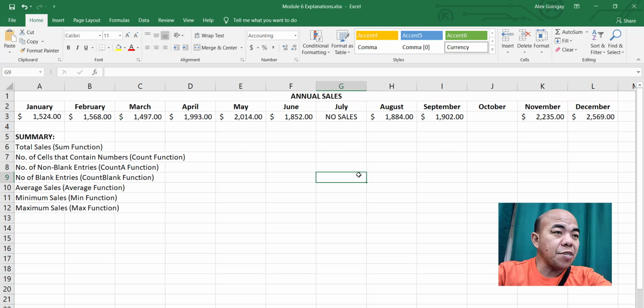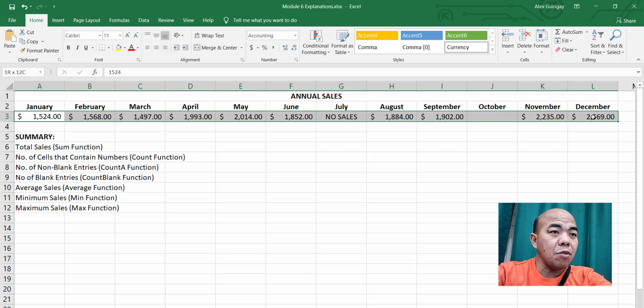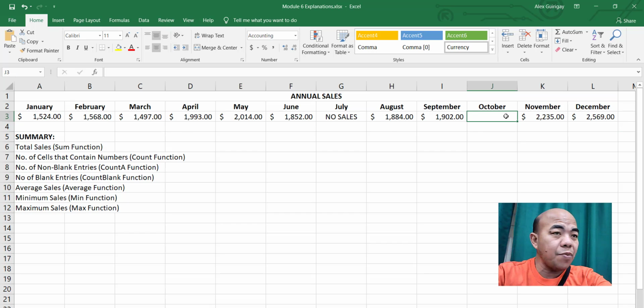Now, you might have noticed in this annual sales, we have figures from January down to December, but not all months have figures. Something like in October we have no sales or it's blank, while in July it only says the text "no sales." Now let's try to observe what Excel will do with all of this.